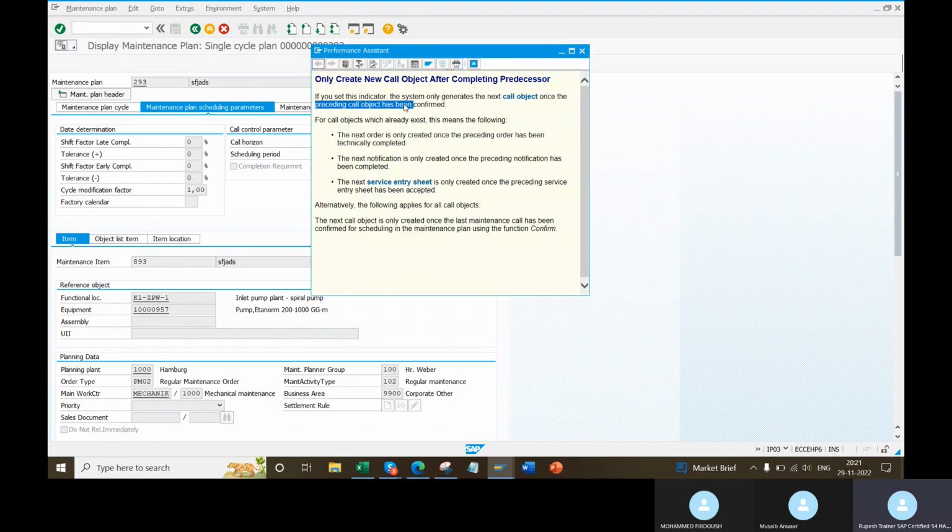Preceding call is confirmed. When the preceding call is confirmed, then only the next call will generate. Preceding means previous, any call. If it is not confirmed, the next call will not generate. That is called completion requirement.